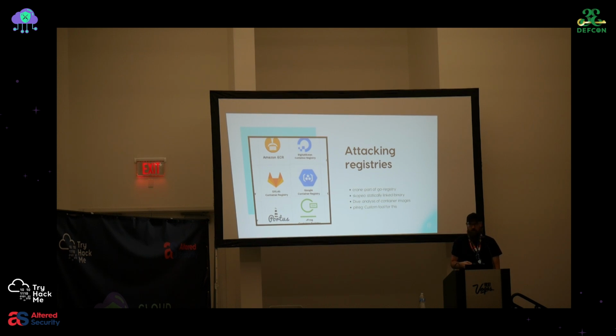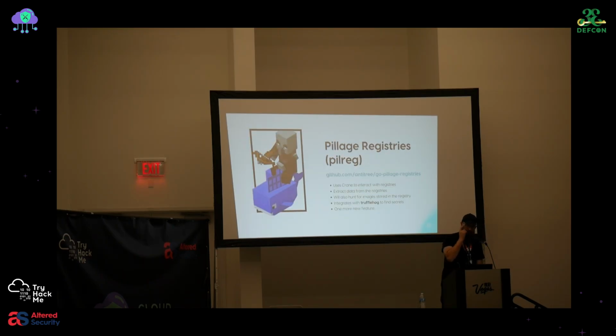Dive is another tool that's been around, which a lot of people know about for analyzing images. But today I want to talk about a tool that I've been working on called reg pillage. This tool is out right now. I wrote it in Python years ago, and I realized why that was stupid. A friend of mine, Josh Mackinnon, rewrote it in Golang when we were both working at a pen testing company. Then I took it over, because the pen test company kind of ruined it, and I've made a new version of this with some new features.